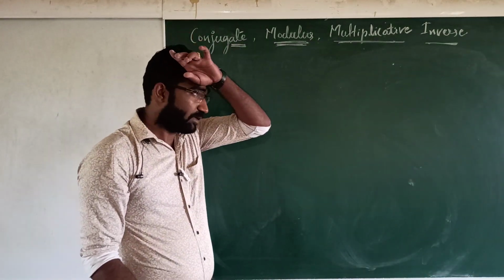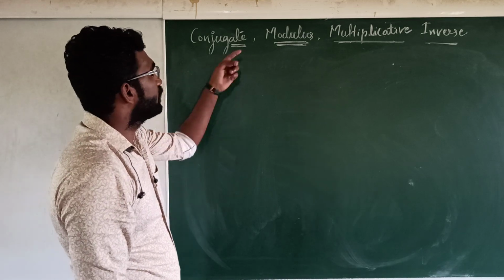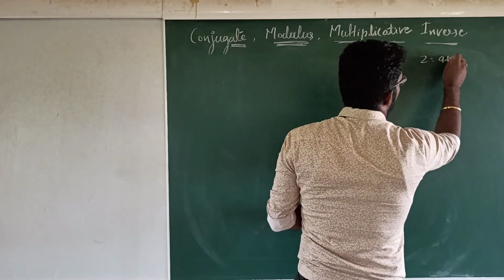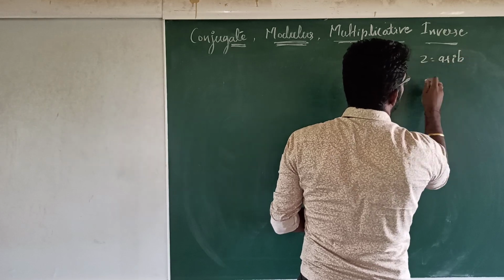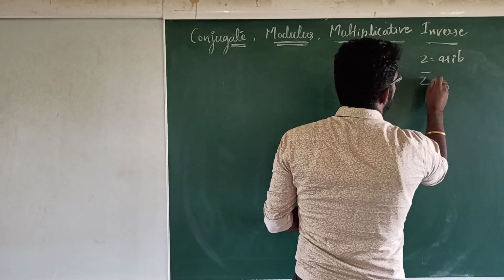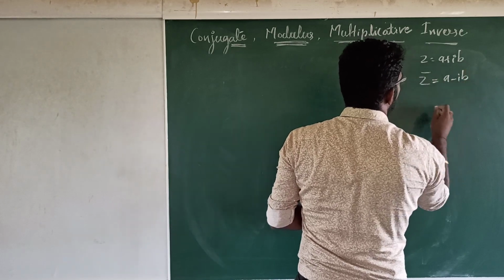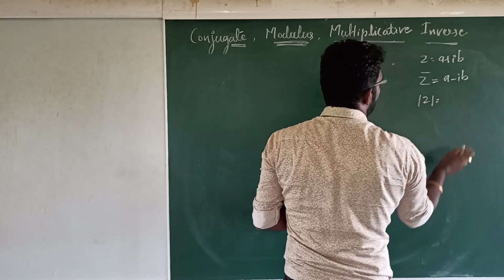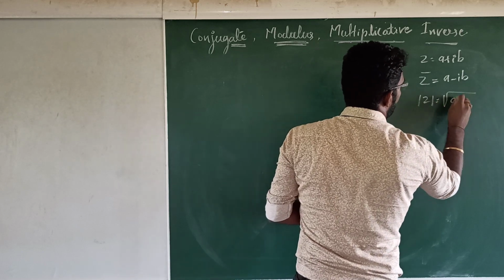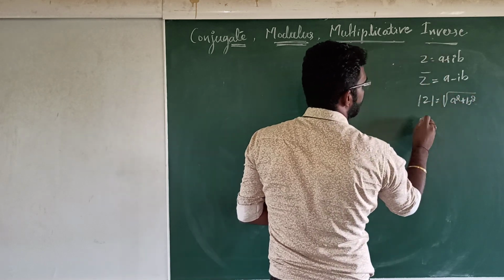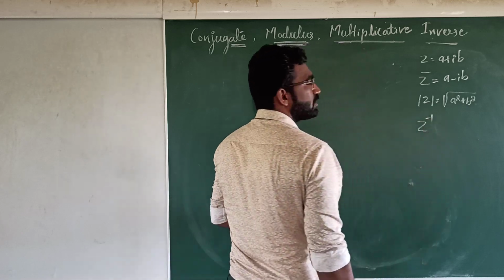Up to here we have studied the conjugate. If z equals a plus ib is the complex number, the conjugate is denoted by z bar. Therefore z bar equals a minus ib. Then modulus of z is denoted by square root of a square plus b square. Then the third part is multiplicative inverse, which is denoted by